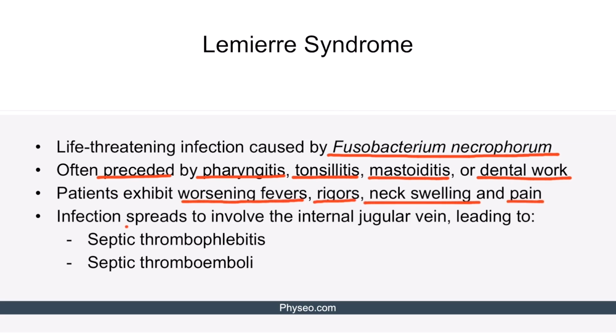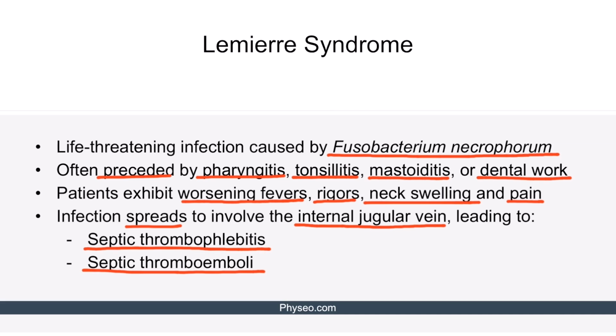Once the infection begins to spread, it may reach deep enough to involve the internal jugular vein, potentially leading to septic thrombophlebitis and septic thromboemboli. Septic thrombophlebitis is a term that describes a thrombus or a clot within a blood vessel in the setting of an associated infection. Similarly, septic thromboembolism is a term that describes the embolization of an endovascular thrombus in the setting